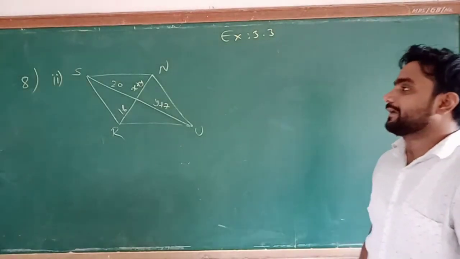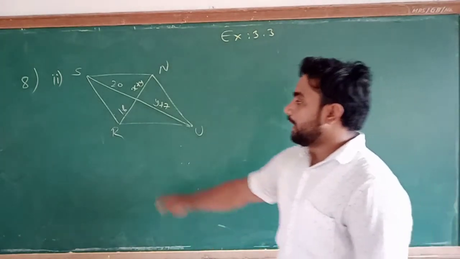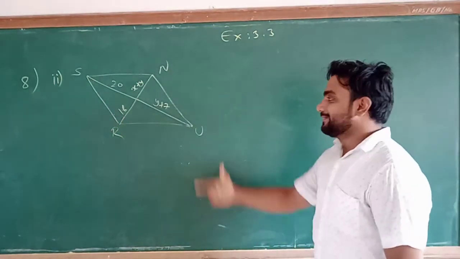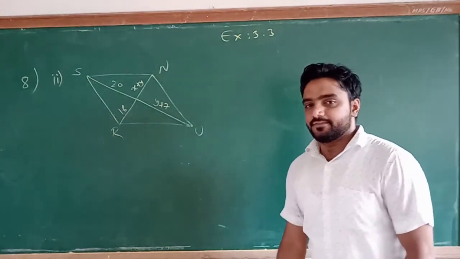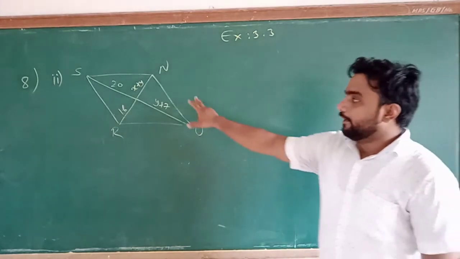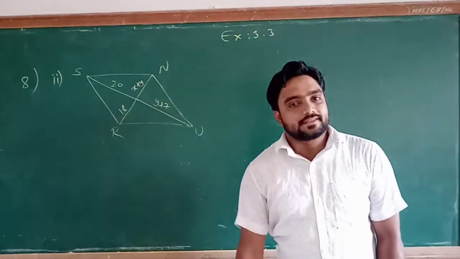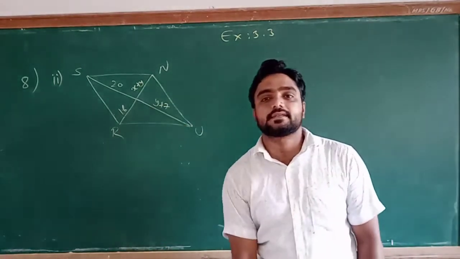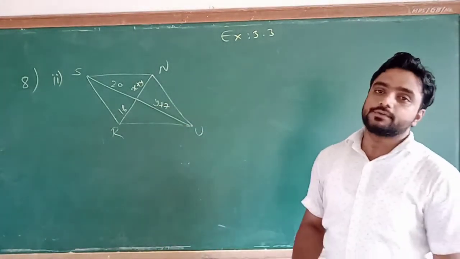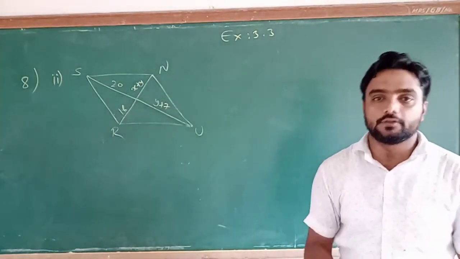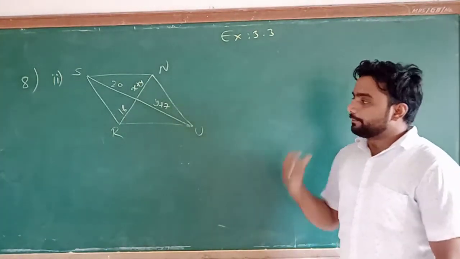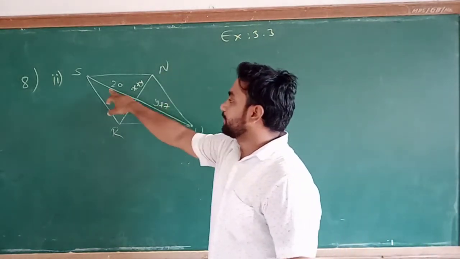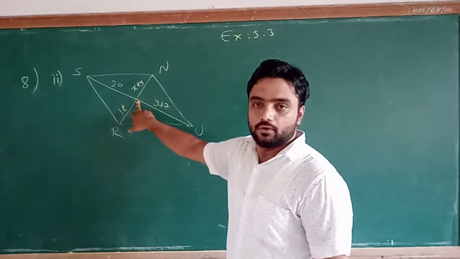Just now in the next second figure, the parallelogram RUNS is given to you. Okay, and this type of the figure is given to you. Now in this figure, the value of the sides or the length of the sides is not given to you, but the length of the diagonals is given to you. So here we will use the property related to the diagonal of a parallelogram. Okay, so on the basis of that, first of all I am taking the intersection point or the point of intersection of a diagonal as O.